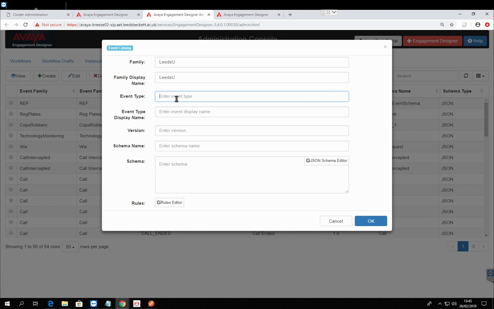So what I'll do is I'll call this student data. Now I've done that, I need to define the version. So the version will be version 1 because all workflows start off as version 1. And the schema name, it doesn't really matter too much, but we can put it as student data third year. What we also want to do now is enter this JSON schema editor over here,